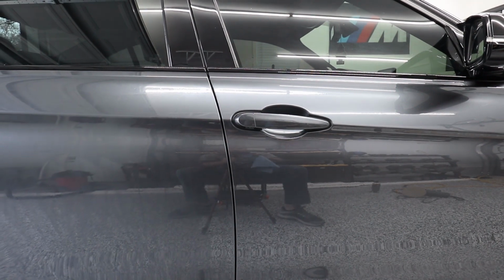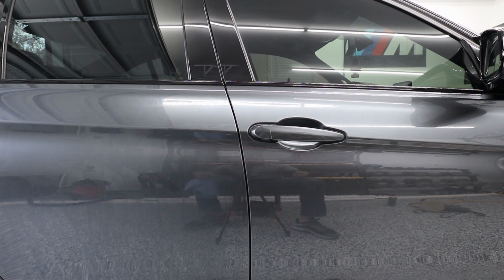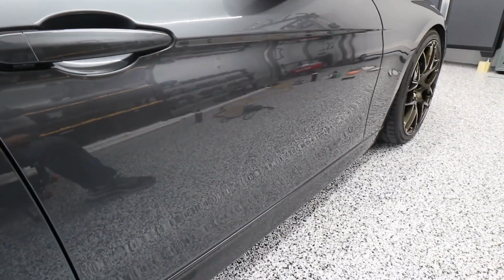See here the difference in the two panels. I could definitely see a difference. This clarity versus this clarity. It's really night and day difference to me. So that was a quick pass, by the way, guys. Again, I don't have swirls in this car. It's very, very clean already. So as you can see here,